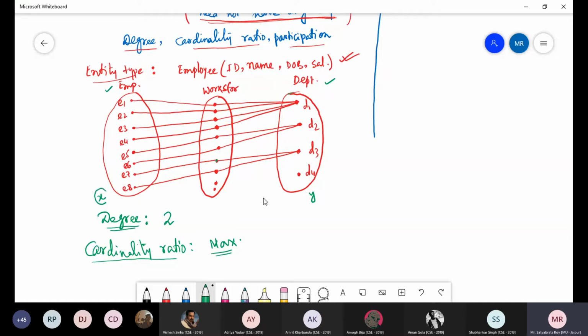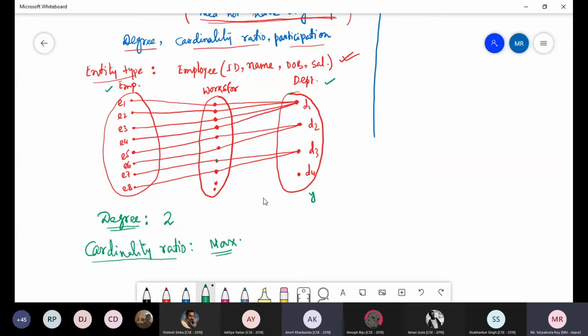Now what is this number X? X is the maximum number of relationship instances with which each entity is associated. So each entity is associated with maximum how many relationships?